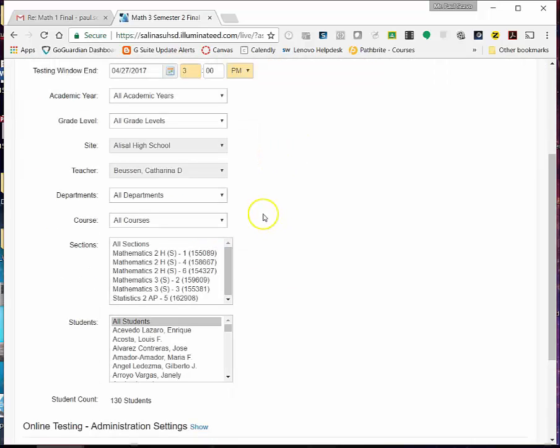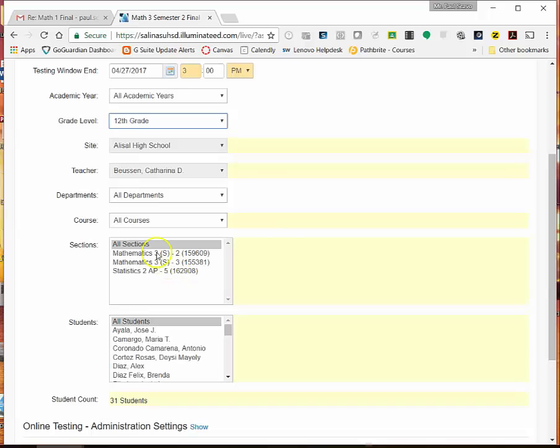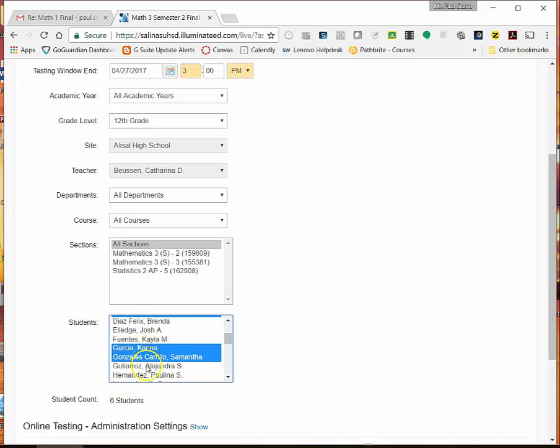If the students are all in a certain grade, then I can pop down this, and let's say that these 12th graders I want to specify. Notice that I have 31 12th graders. I can now just specify down here who the students are that are going to get a different roster than everyone else. So I just hold down the control key as I'm selecting the students,